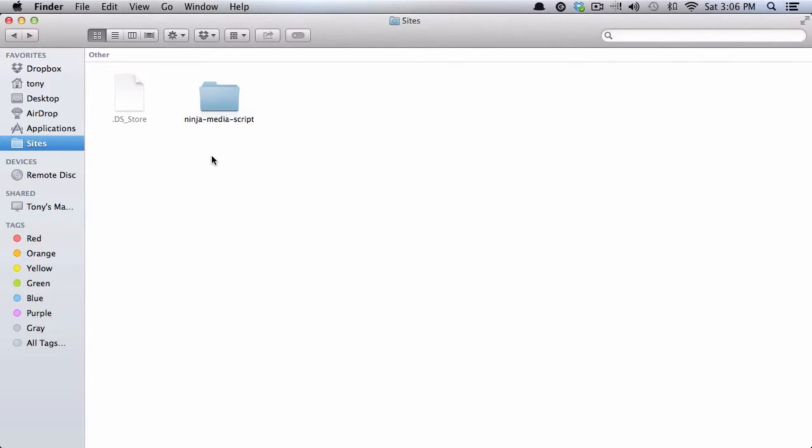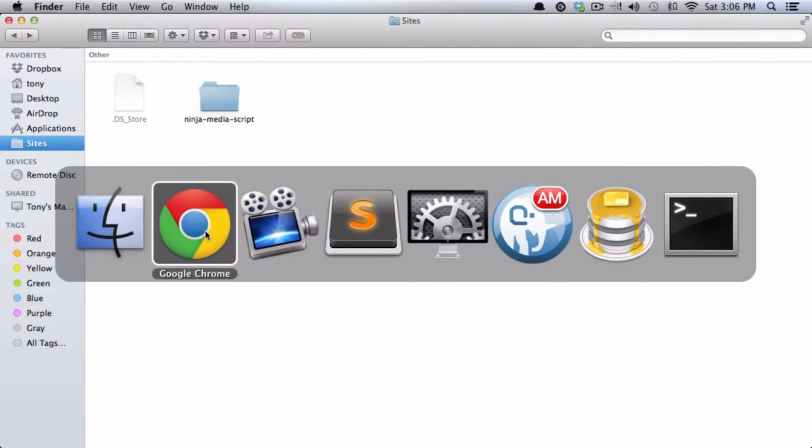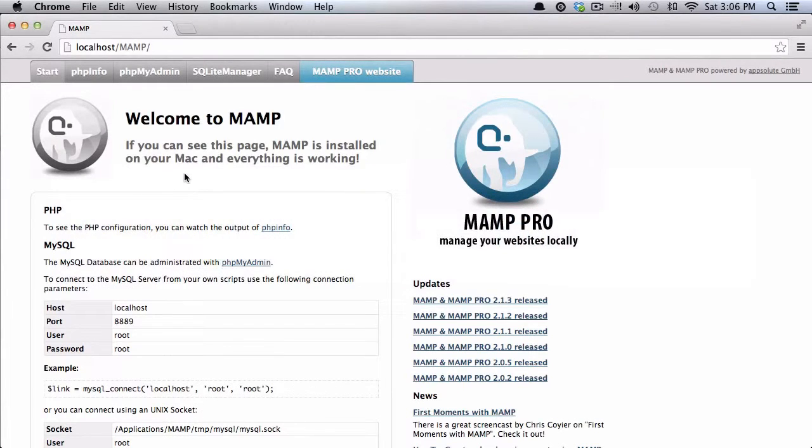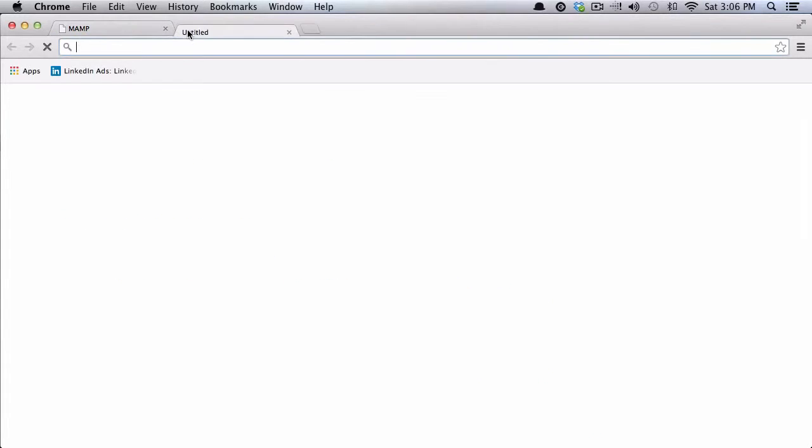So right now I have ninja-media-script.com pointed to this folder on my local machine, and I'm just using a version of MAMP that you can download. You can also use XAMPP if you are using Windows, or you can upload it to your server, your hosting site. So what I'm going to do is type in